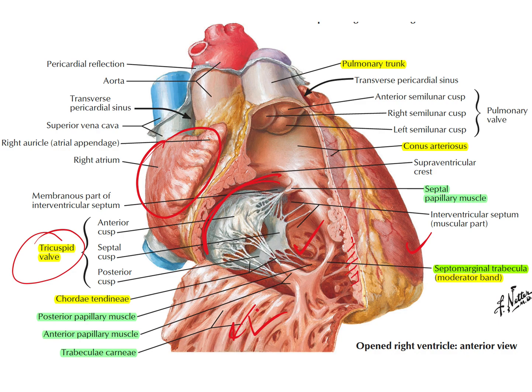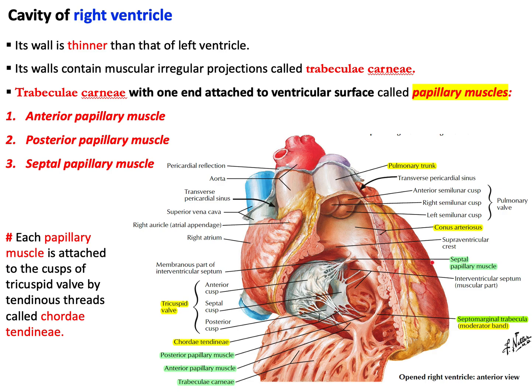Look at the wall of the right ventricle. So this muscle creates a kind of trabeculae carneae. Let me show you. Again, oh yeah, we have the same figure here. Okay, so these irregular muscular projections are known as trabeculae carneae in the ventricle, and some